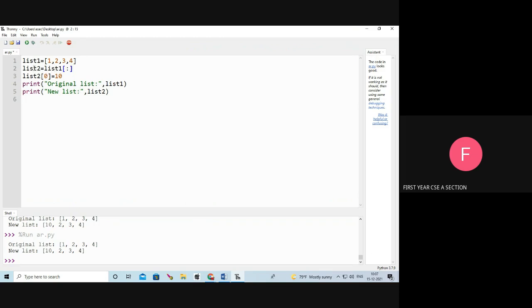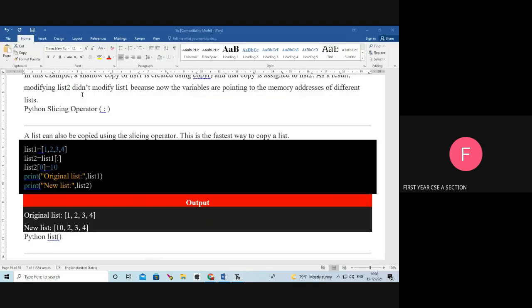I just copied list 1 to list 2. I am changing list 2 of 0 to 10. The changes will not reflect in list 1. See the output: 1 2 3 4. List 2 only is 10 2 3 4. See, this is the fastest way to copy the list. The slice operator is the fastest way to copy the list.